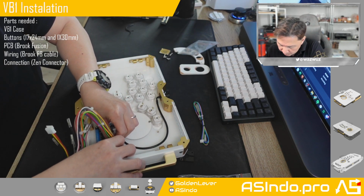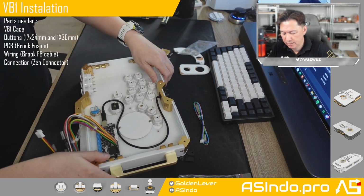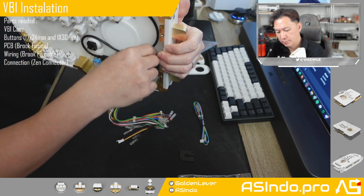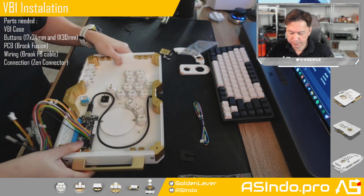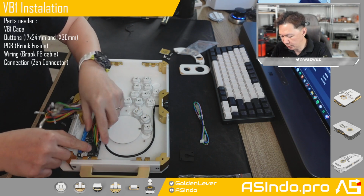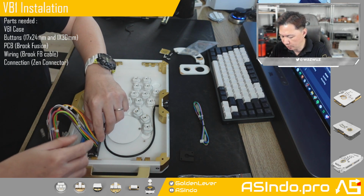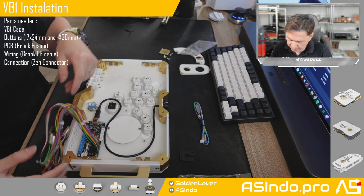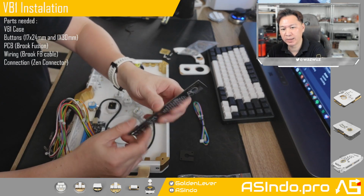And you want to wiggle it until completely inserted. Okay, you can go to the Brook website to see which cable is which input, because I have done it many times. I remember. Of course, if you cannot remember, you can get a